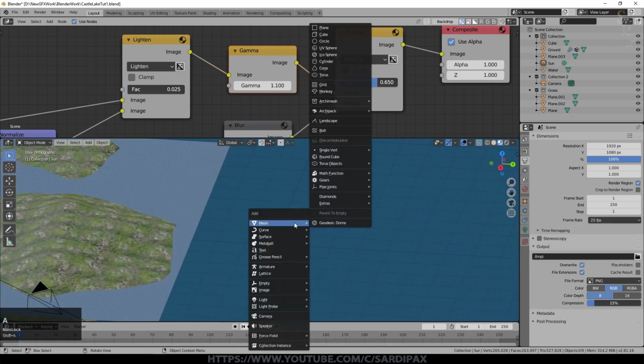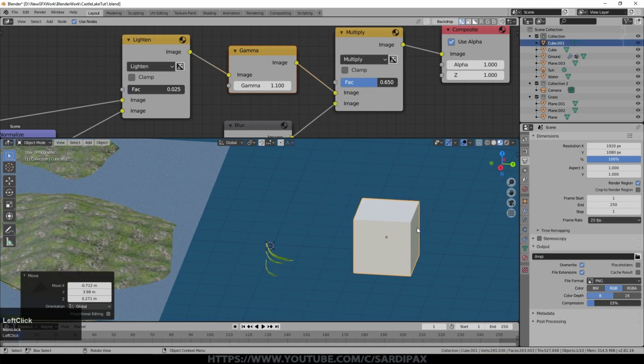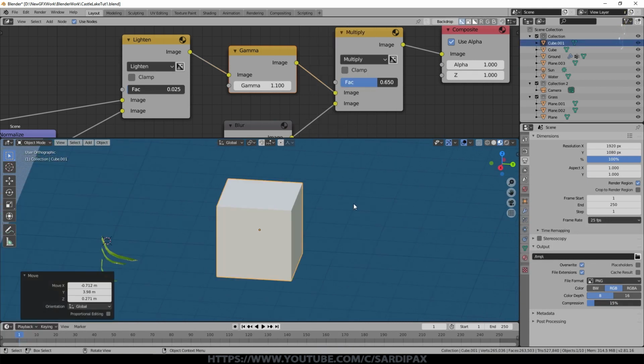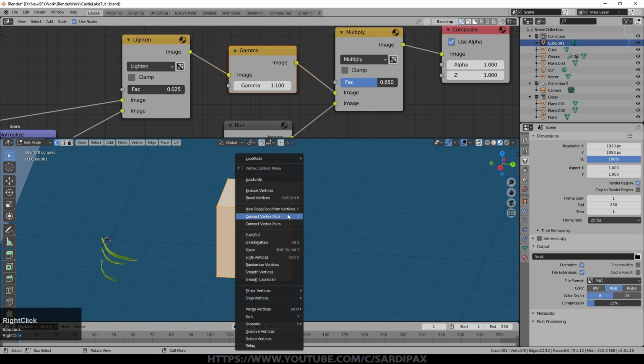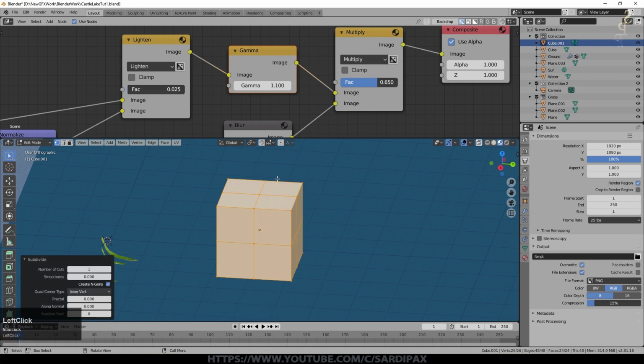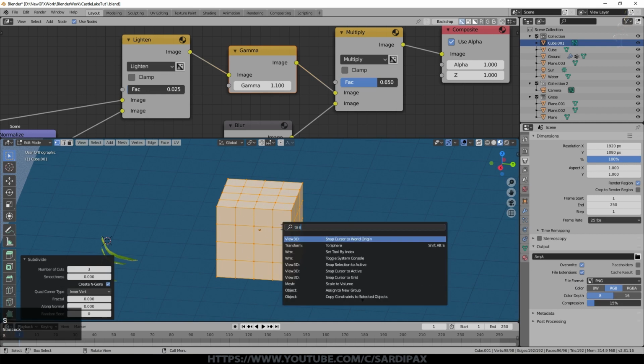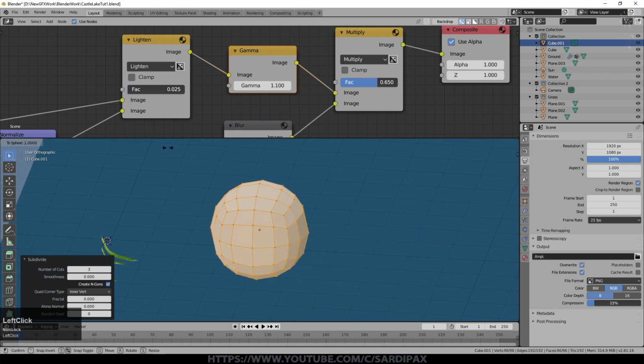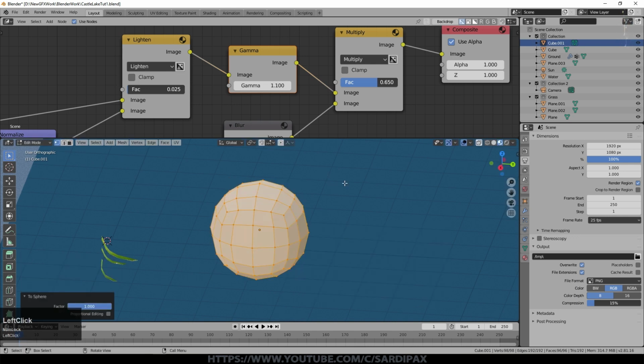So let's add mesh, which is a cube, not very rock-like, I grant you. However, go to edit mode, we'll right click it with all the vertices selected and subdivide it. We don't need fractal on, but you can have it on as we're creating rocks, but we'll increase the number of cuts somewhat. We don't need to go too mad, perhaps that many. And now with all the vertices selected, press F3 and start typing to sphere. And now as you move the mouse, it will turn that rock into a sphere.